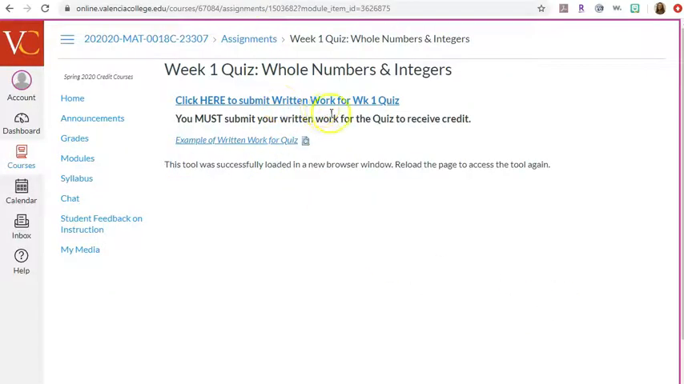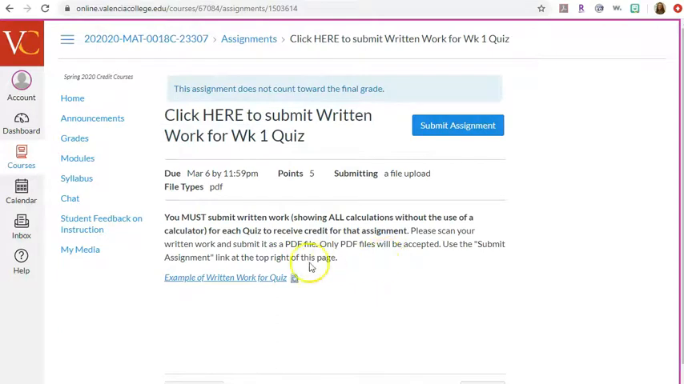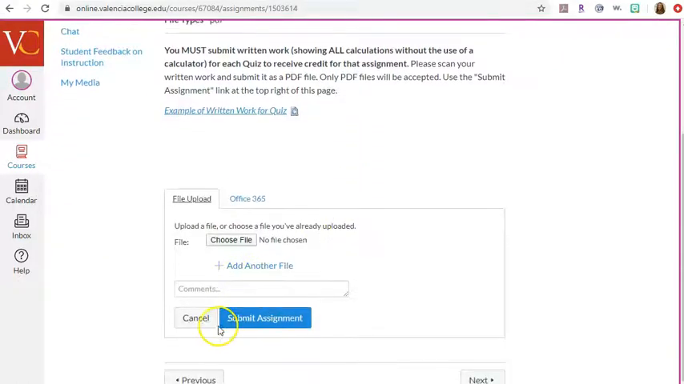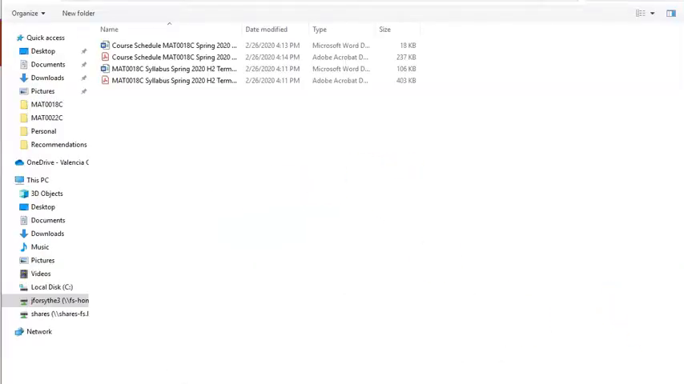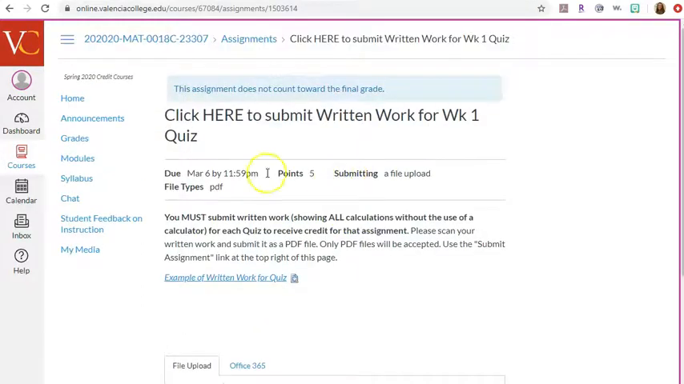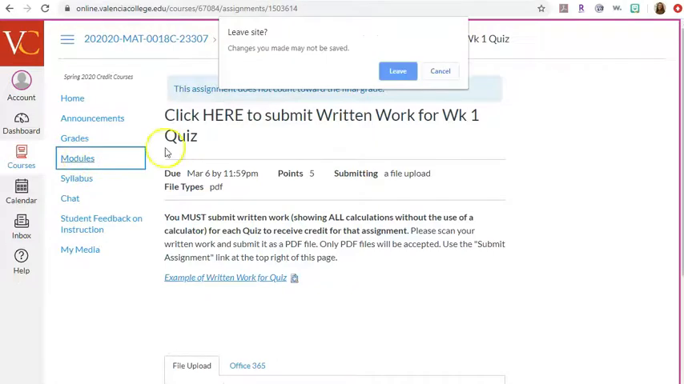So you can get to where you would upload the written work here within the quiz. You can click here and you've got how you would submit the assignment. So in order to submit it, you would scan your written work for the quiz and then you would click submit assignment. In order to upload, you would click choose file and you would upload the written work file that you scanned and then submit assignment. Okay? So going back to modules,